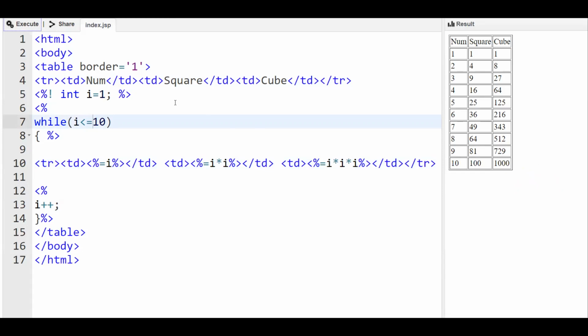So similarly, we can have do while also. So same thing, if you want to put it in a do while, we can just replace this with do, and at the end of this brace, we can put the while condition.